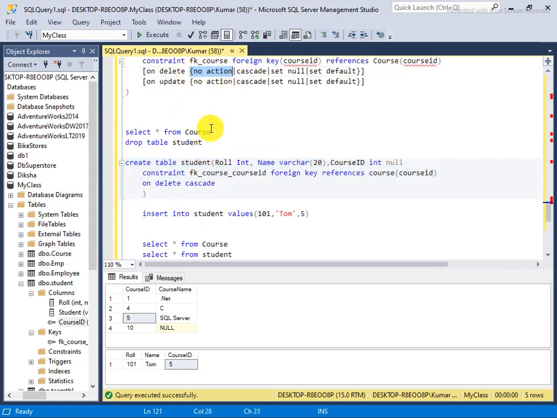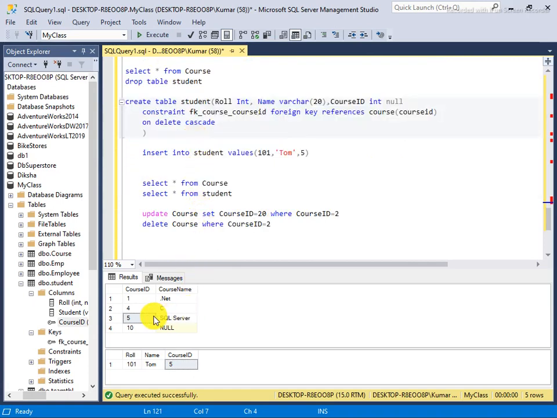No action means it always restricts you, so you can't delete or update. On delete no action, on update no action, but by default we do not write it, it takes place automatically. So if you want to allow delete, then you have to say on delete cascade.